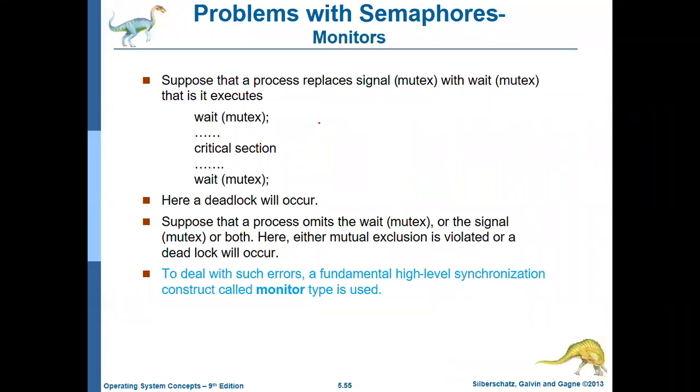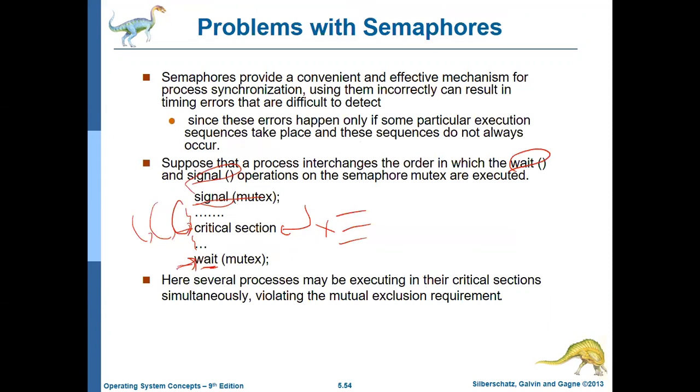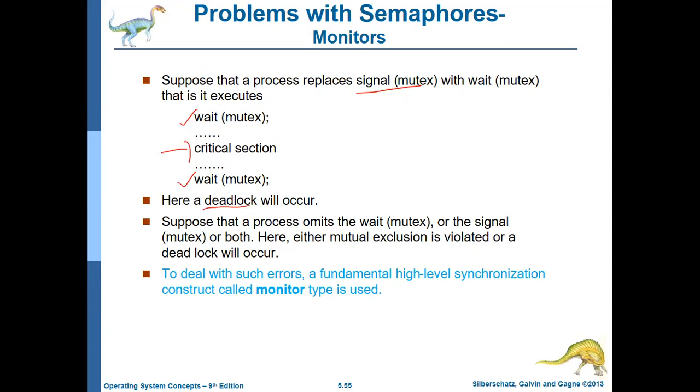Another case is that the signal and the wait mutex execute in another way. Say, for example, you do not even have the signal function call. We do not have this particular function call, and instead it is replaced with the wait. That is, you have two wait function calls, and that is how you've written how a process should enter the critical section. Then what happens is all the processes will be waiting, and a deadlock will occur. So you can say when the signal is replaced with only wait, then deadlocks can occur. And if the order of the wait and signal is interchanged, then the mutual exclusion property will not be satisfied. So either way it does not work.